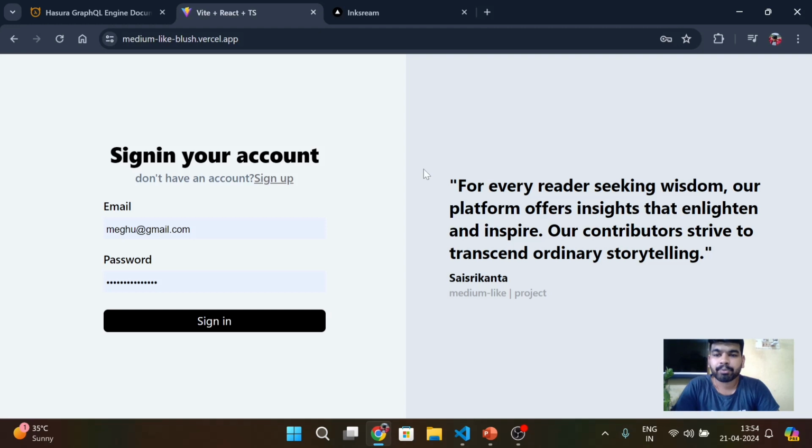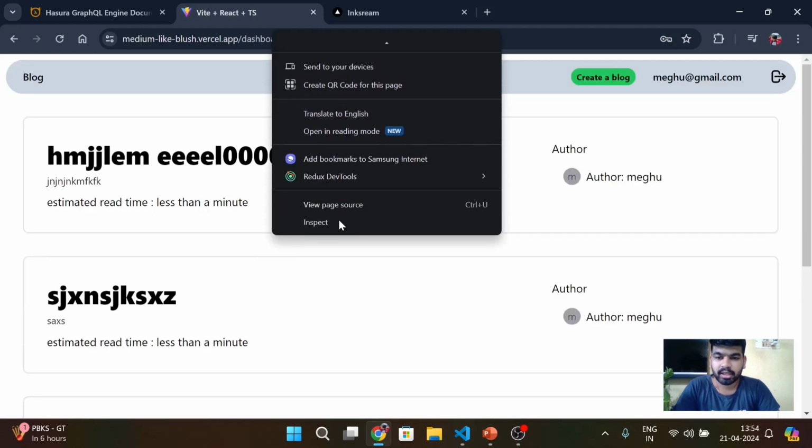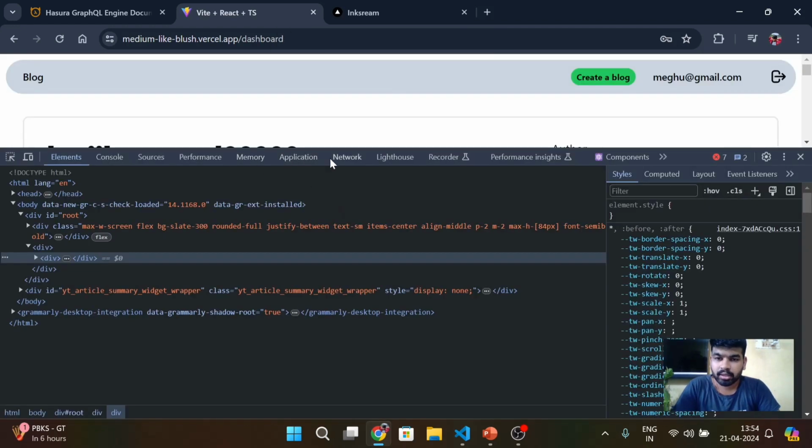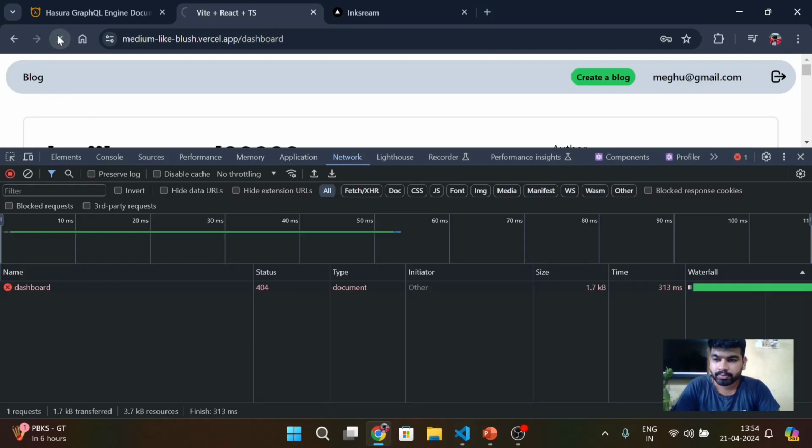But in React, what happens is that at the initial render there will be a single root HTML coming from the server. It doesn't have all the content pre-rendered. These are rendered based on the script files that are attached to the HTML element. So let us see that. I click on sign in. So we can see that in the response,